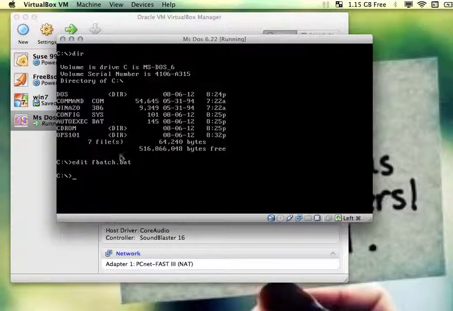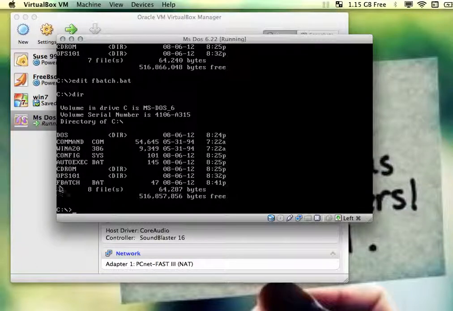and exit, I'm going to go ahead and dir, and I'm going to see I have fbatch.bat. I don't have B folder in here. I don't even have a text file in here. But the moment that I type this in right here is the moment that it's going to go ahead and execute the commands that I've put in line. So if I put in fbatch,